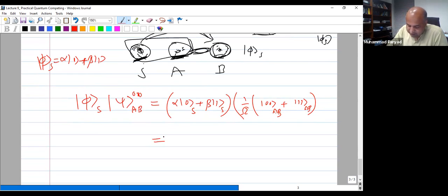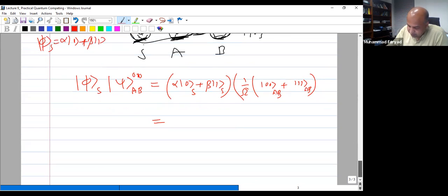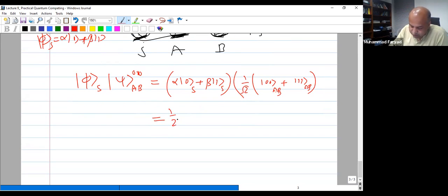So if we carry the multiplication, this would become 1 over square root 2. So this 0 multiplies with 0, 0, we get alpha 0, 0, 0 SAB. This is the state of S, A, and B. So this 0 multiplies with 1, 1. So I get,